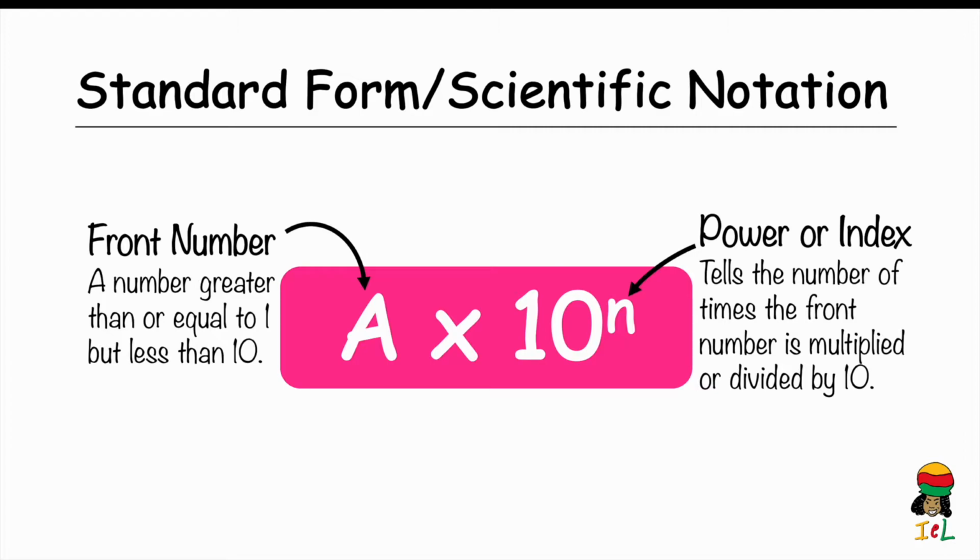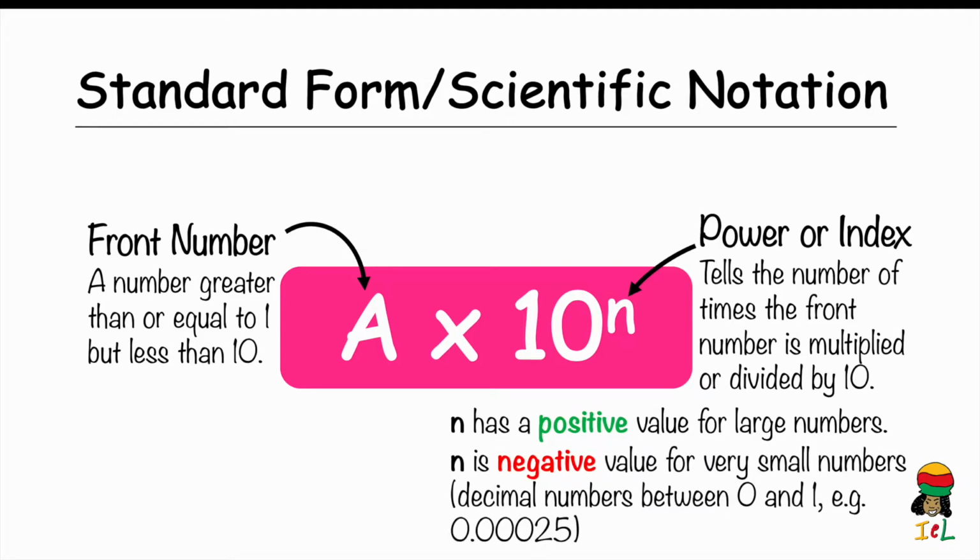Note that n can have a positive or negative value. When the number to be expressed in standard form is large, much like the number that represents 1 mole, the value of n is positive. However, the value of n is negative for decimal numbers occurring between 0 and 1, such as